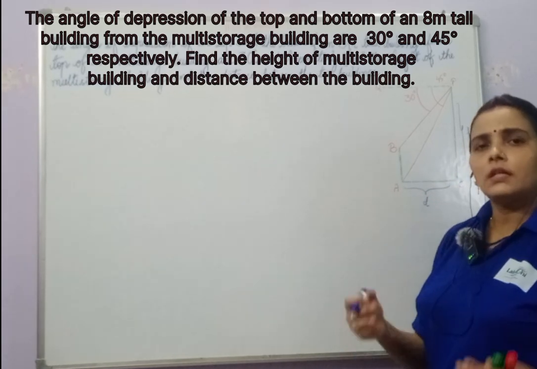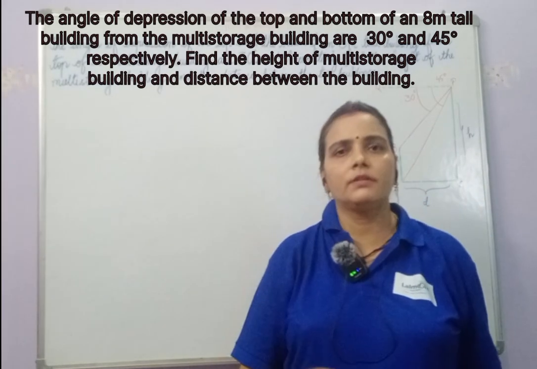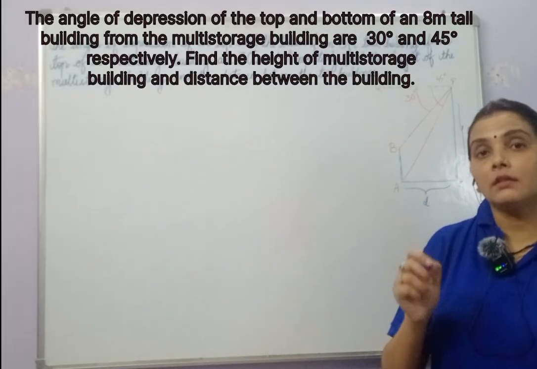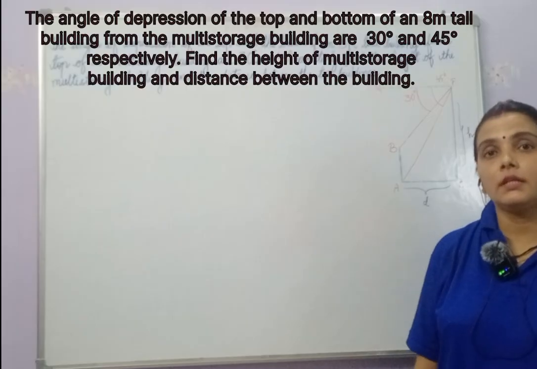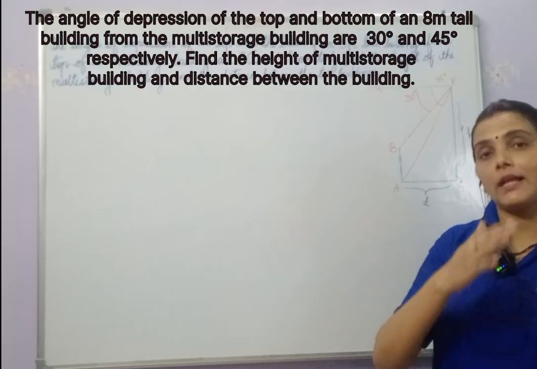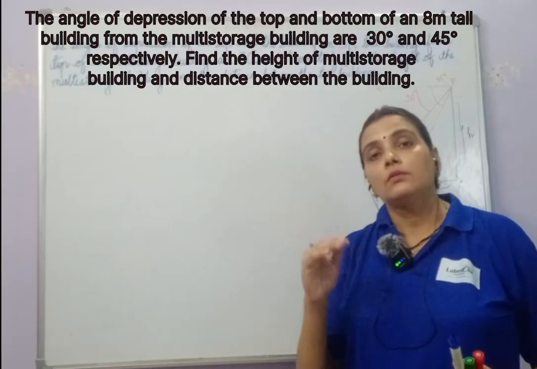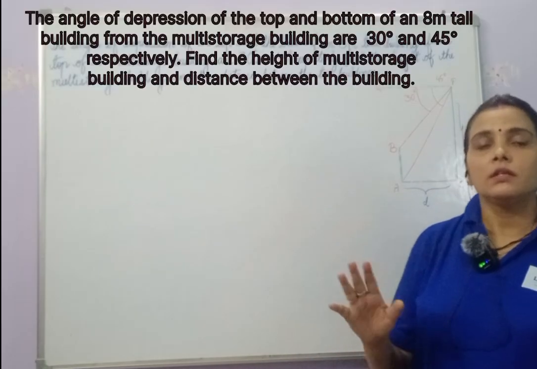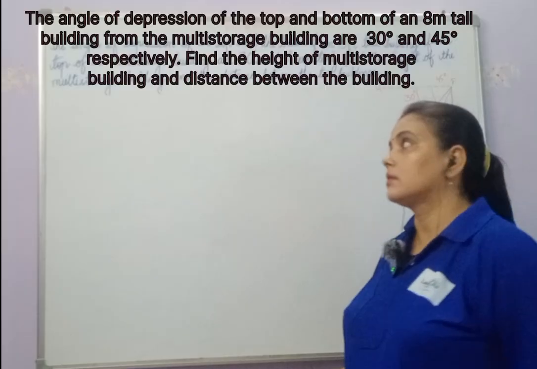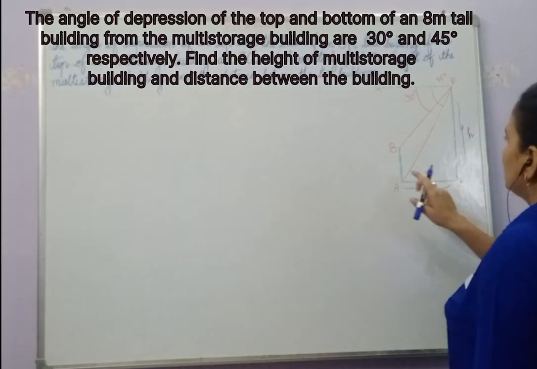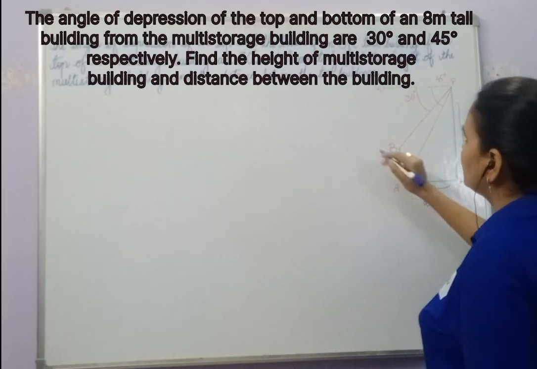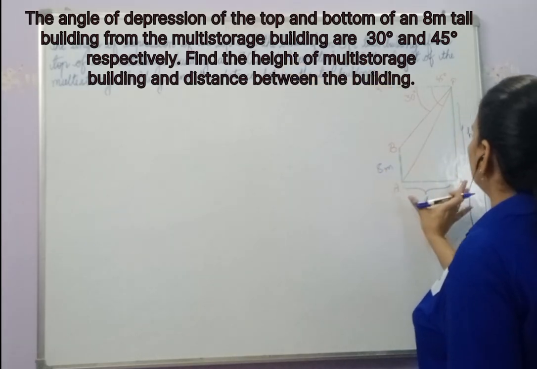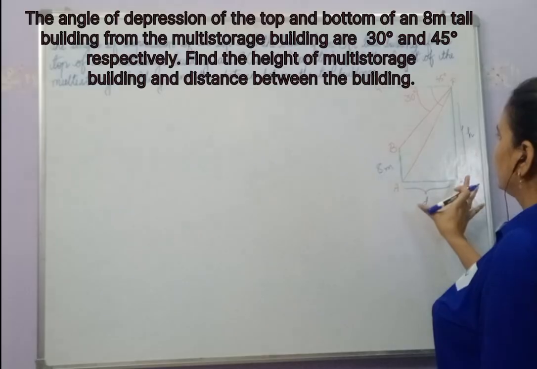So dear students, when such questions on angle of depression come, we need to follow the parallel line theorem which we have studied in the geometry section: whenever a transversal passes through parallel lines, the alternate angles are equal. Taking that, it will be easy for us to solve the question. So what will we do? Since AB is 8 meter, what is the tall building height? 8 meter. Since these two buildings are parallel,